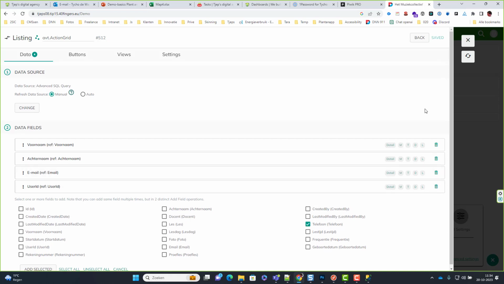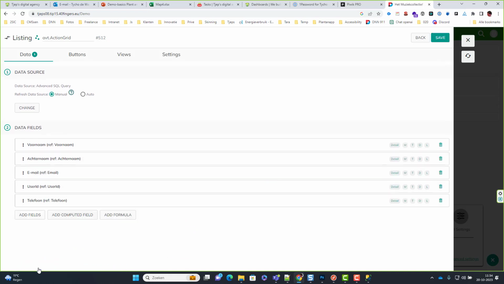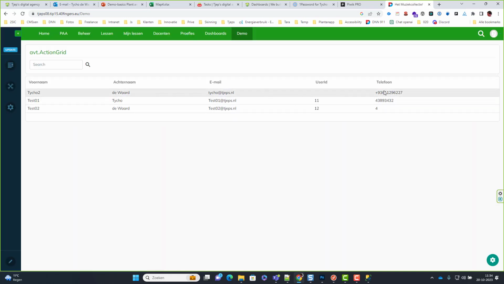For instance, phone, I can say add selected, there's phone, and if there's actually a phone noted in the table, in the record, then it will be shown. So it saves, I'm going back, and here apparently there is already a phone there. So right now I'm displaying students